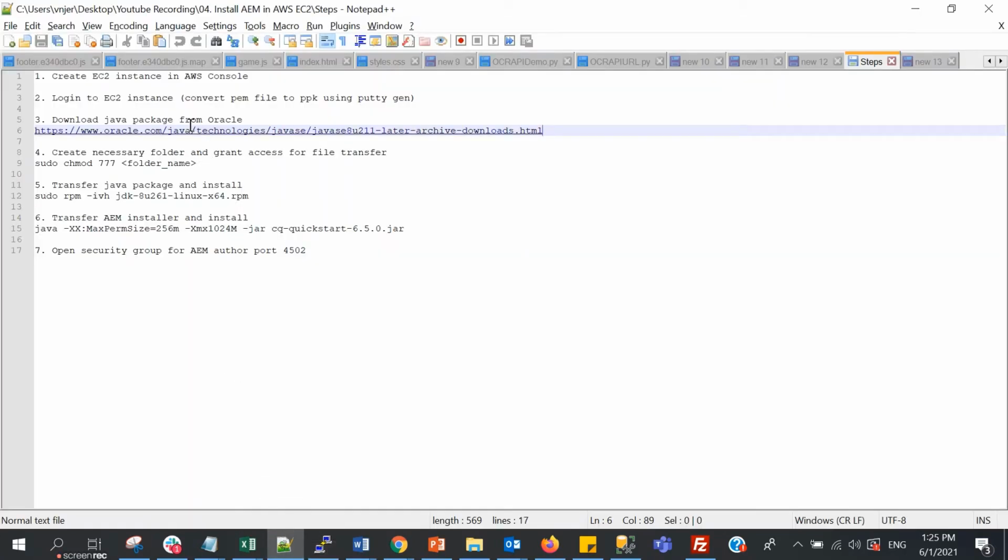The next step, after we download and then create the folder, we also need to grant access for the file transfer. If we don't grant the access for the folder, it will fail when we transfer the file. So I just want to show you.